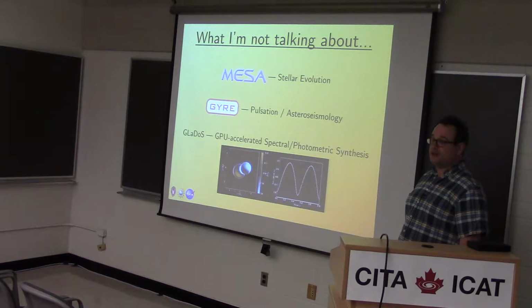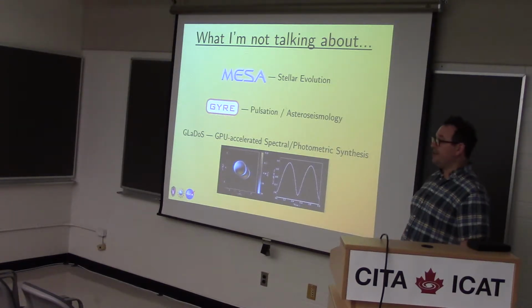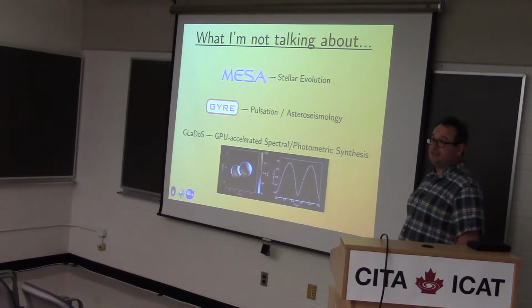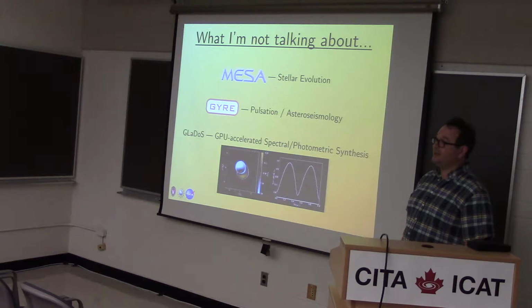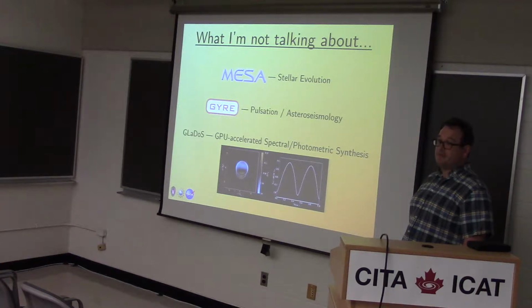What I do when I'm not looking for magnetospheres around massive stars is work on a couple of open source codes, one called MESA, which is an open source stellar evolution code, which is rewriting the way the global astrophysics community actually studies the structure and evolution of stars. It's a very big project. Some of you may have heard of it. It's a piece of software originally developed at UC Santa Barbara, now supported by many different people around the world.